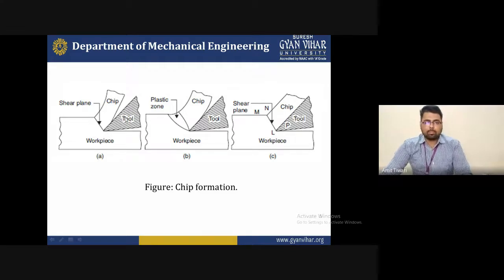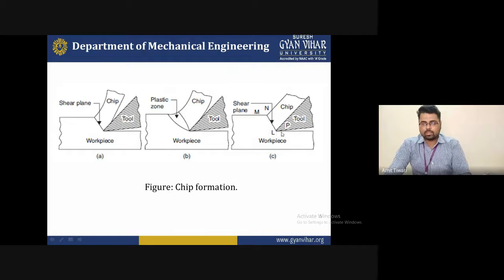So basically, in this diagram the standard areas are mentioned, up to the plastic zone. Initially it starts in the elastic zone and then moves into the plastic region, which is not recovered after removing the forces. Whenever the material starts to be removed, it converts from the elastic to the plastic zone, and when it is completely converted into the chip, it will be completely in the plastic region. That is, it will not regain its shape after removing the forces or after removing the tool from the workpiece material.